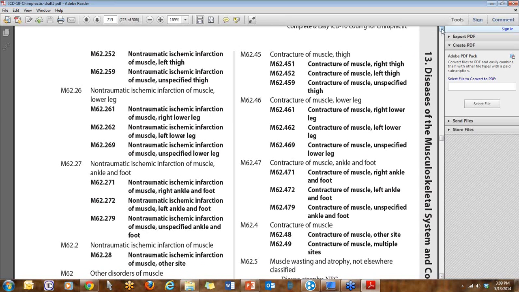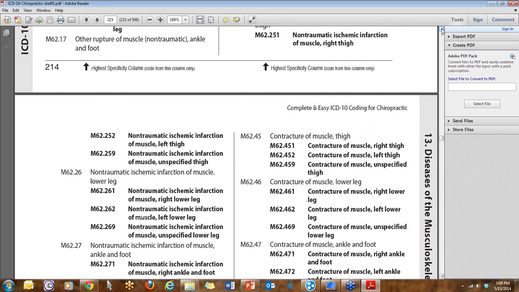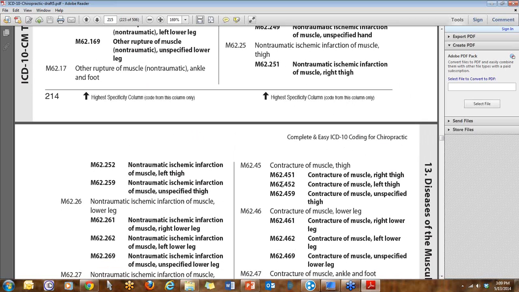I would probably, and this is still non-traumatic, okay, let's say it was right sciatica, so I would do the sciatica, right side, and then if it's